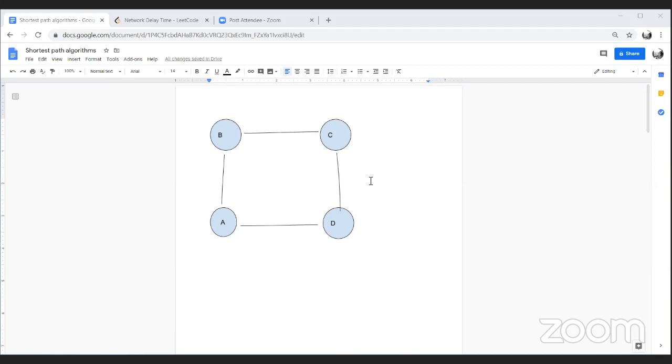Okay. So starting with Dijkstra. Since we're talking about shortest path algorithms, the one thing that comes to mind is a simple classic BFS, because it gives us the shortest path given a source and target. So a simple graph like the one I'm showing on screen. This is a trivial example, but it will help us understand the concept for Dijkstra. If I'm given a source node A and target node D,